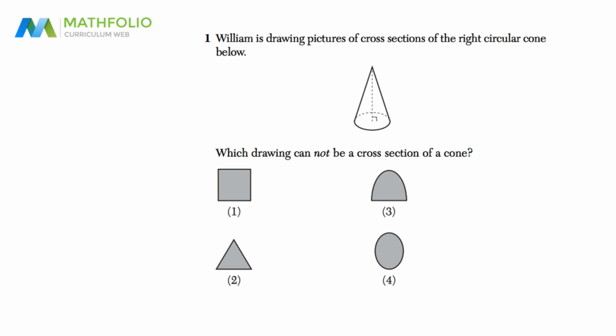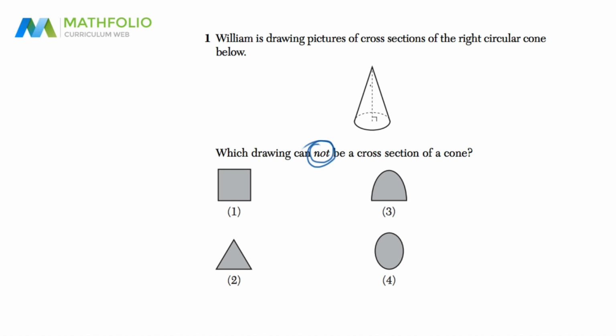Okay, part 1, question number 1. Often these Regents start off with very similar questions. This time we are looking at cross sections again. So the question is saying William is drawing pictures of cross sections of a right circular cone below, which cannot, so we're going to circle it because it uses the word not in italics, cannot be a cross section of